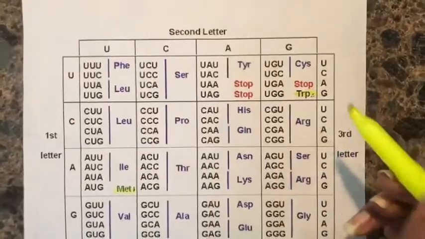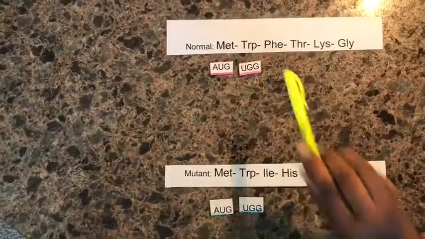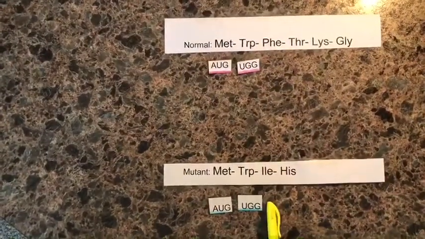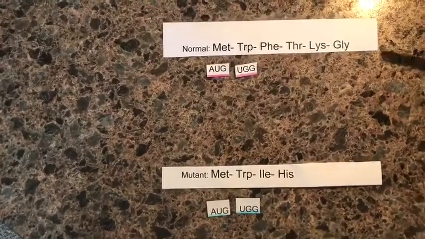Next is the amino acid TRP. TRP goes with UGG. We will place UGG here and UGG here. In the normal sequence, the next amino acid we have is phenylalanine, but we have isoleucine in our mutant sequence. This is where our mutation took place. What I like to do is finish out the normal sequence,